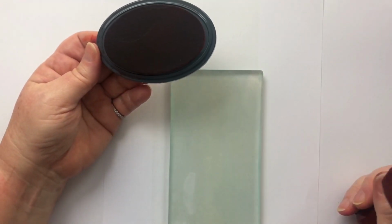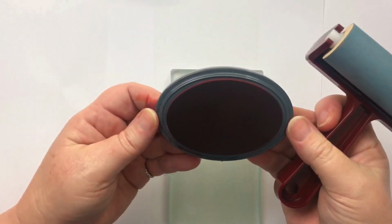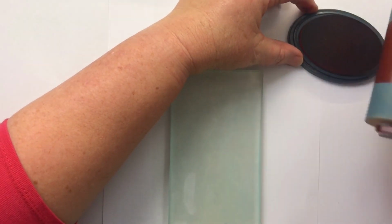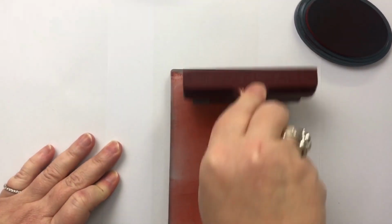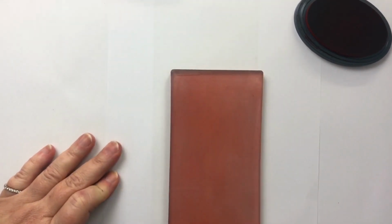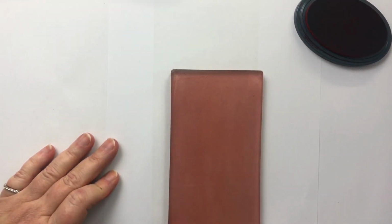So I'm going to apply the ink with my brayer. I'm using a speedball brayer. I love this because it's soft and it works really well on the gel plate. So I'm going to ink up my brayer, but as I said, they are so juicy, these pads. That's going to be enough for me. And I'm just going to apply it onto my gel plate, making sure that I've got a nice coverage going in both directions so that I've got it as relatively smooth